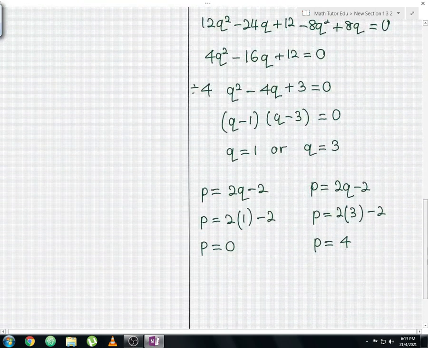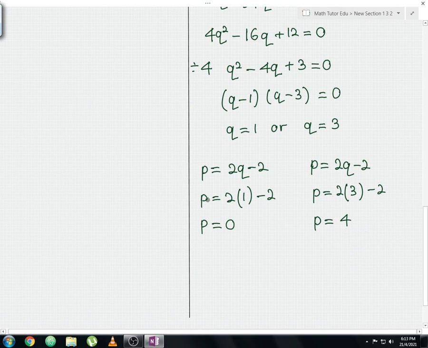Okay, so from here one of the values you have is p equal to 0. So this q equals to 1 and p equals to 0 is not accepted. So you only can have one set of solution where your p equal to 4 and q equal to 3. Okay, so since p cannot be equals to 0, therefore your final answer will be p equals to 4 and q equals to 3. So this will be your final answer, guys. Okay, let me underline the solution.